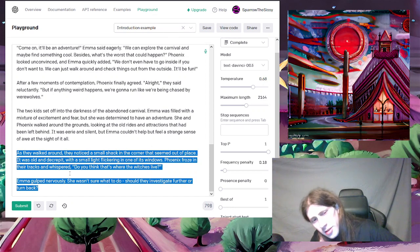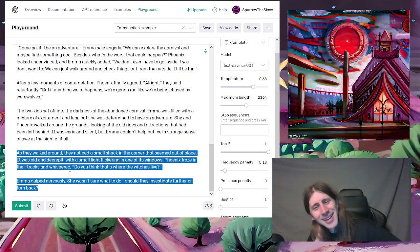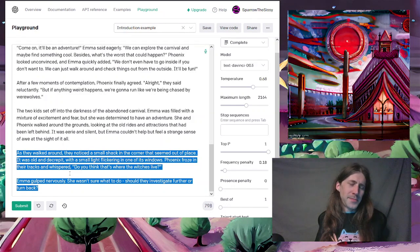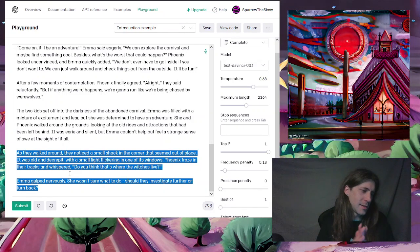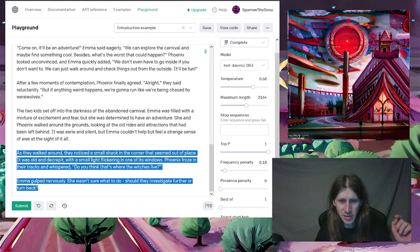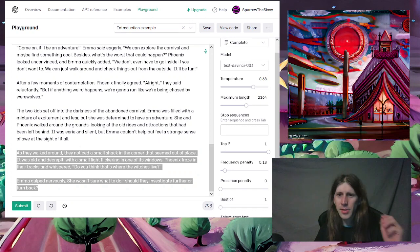I want to overthink it, but I also don't have any ideas. So it's just like a big shed, a shed but bigger. That's as far as I can think right now, while also trying to explain my thought process. So let me think. Oh yeah, we have this picture for inspiration. Let me look at this